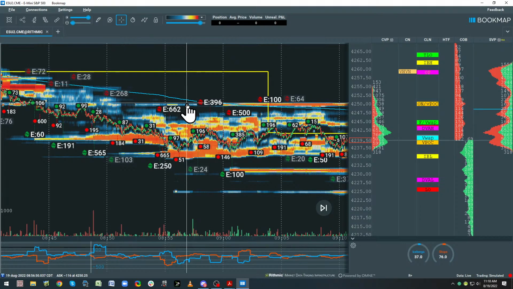The ETH VPOC is the fairest price in that auction. It is the most recent behavior in the participants. Basically, even though it's light volume, it's a valid auction. It doesn't have the same volume, of course, but it has enough volume. And what if we open above what the most recent auction was? It's reasonable in this context because we opened out of balance, rejecting the consolidation above us, and we know there's longs in the market and a lot of fuel to the downside that we're going to come back.